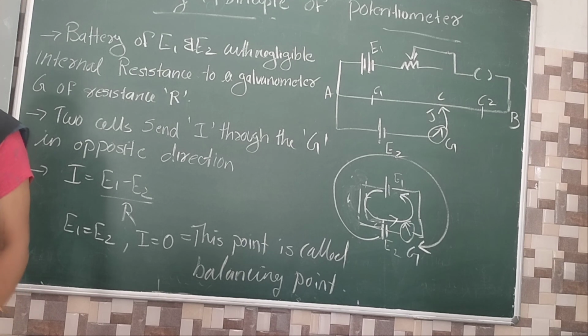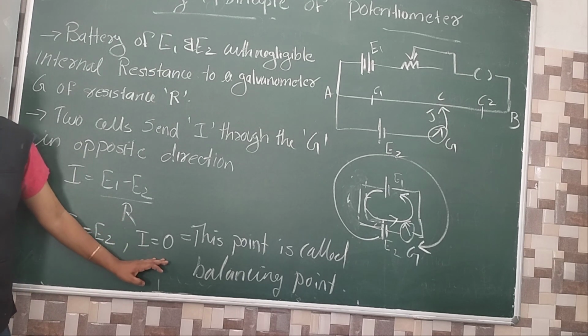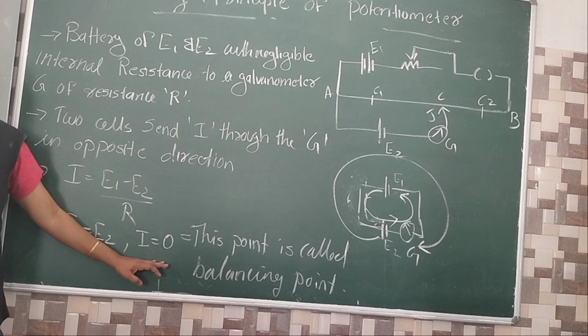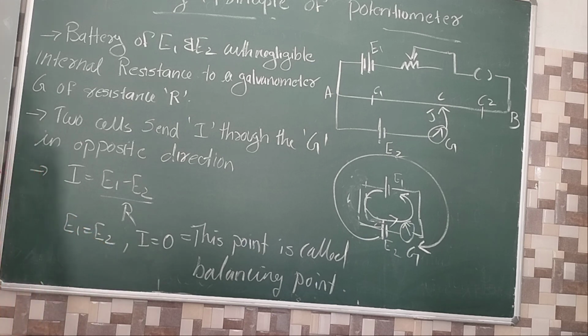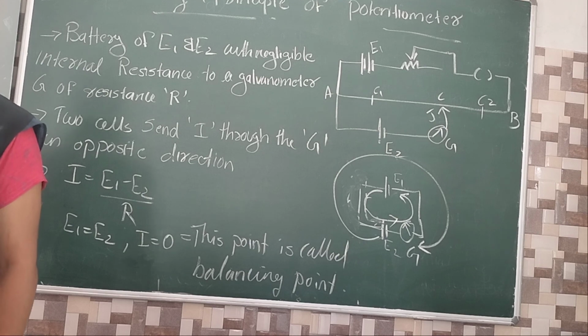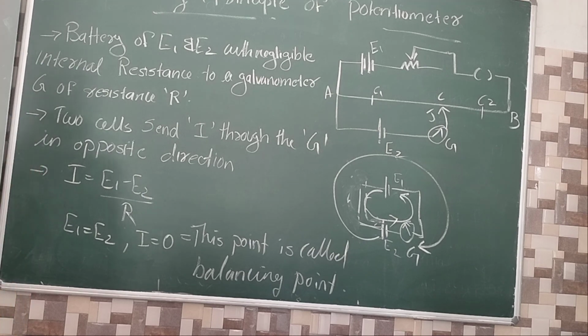This much clear? Yes. Then in the case of potentiometer, this is the condition to find the balancing point. Understood well? What is the basic principle of potentiometer? V proportional to L. Potential gradient is also very important: K equals V by L. Clear everyone? How to find the balancing point? We should apply an extra cell to the potentiometer so the galvanometer experiences equal and opposite current flow. At that time galvanometer deflection is 0, current is 0. That is your balancing point. Pause the video, stop the video.